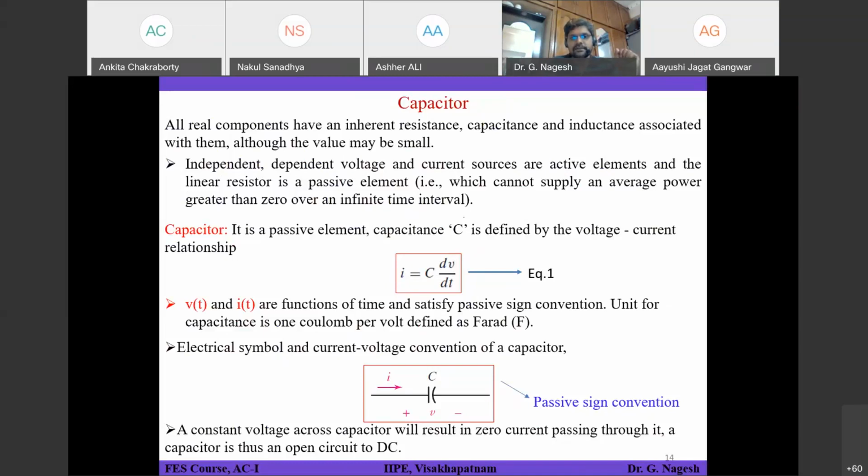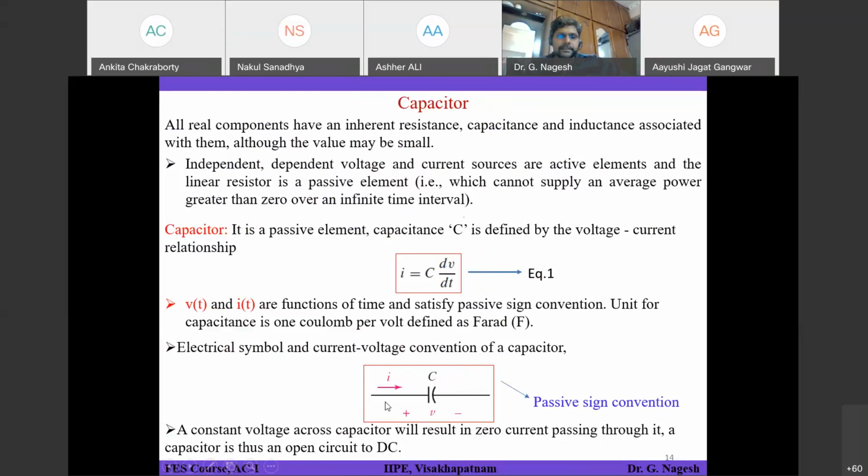So when current is flowing into that, obviously there will be a voltage developed across the capacitor. The voltage which was developed with respect to time, multiplied with the capacitance of the capacitor, is nothing but the current flowing into the positive terminal. That means charge is flowing, voltage is building across the capacitor terminals. So that is given by the relation i = C dv/dt. This is called the passive sign convention. That means this is the convention which we are adopting, assuming that the capacitor will draw some energy, draw some power. That means it will consume power. This is the convention you have to follow.